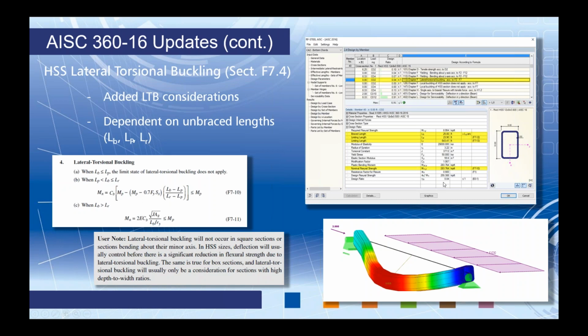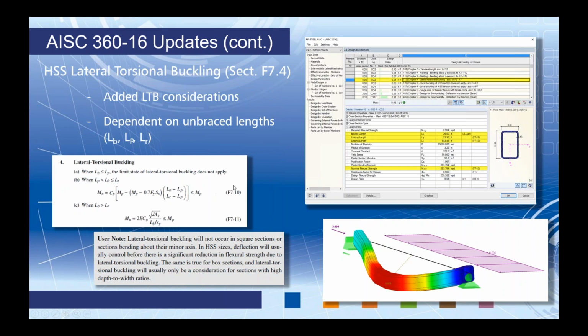So what's really great about RFEM is that not only have we added this section here per the 2016, but we also give you all of this information such as LB, LP, and LR. So you can find out exactly where you fall within this range. Then we'll be given our nominal flexural strength, M sub N here, according to F7-10, which correlates back to the